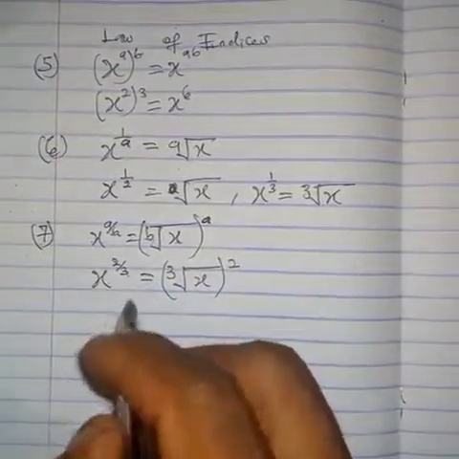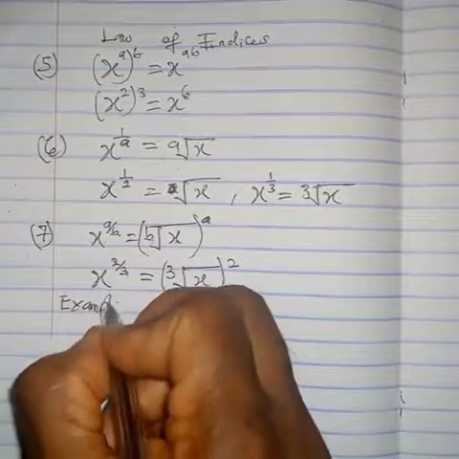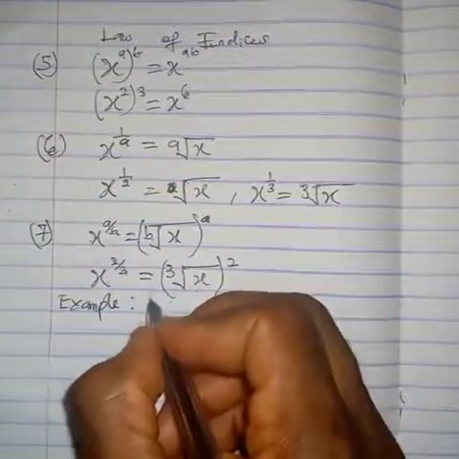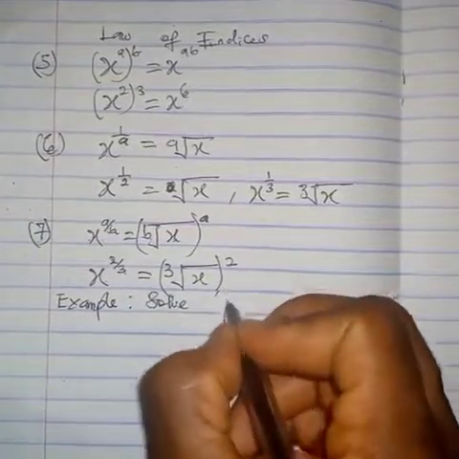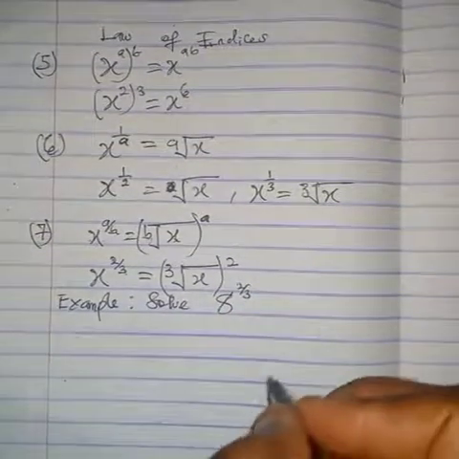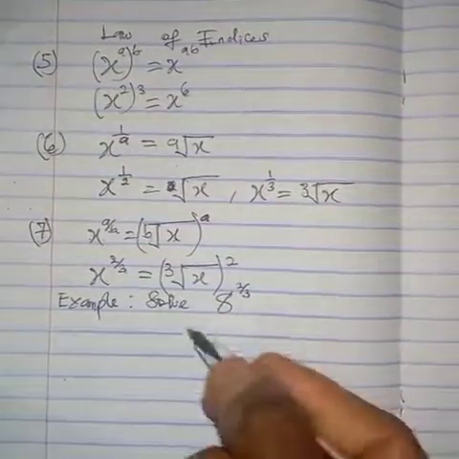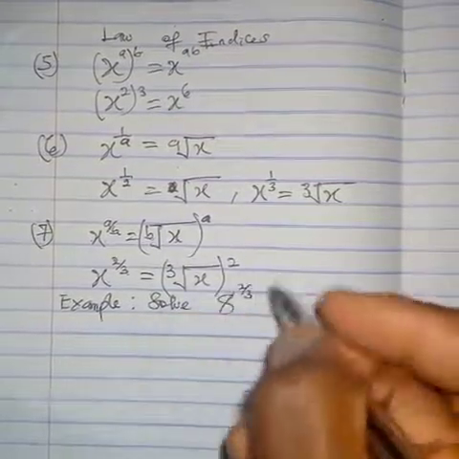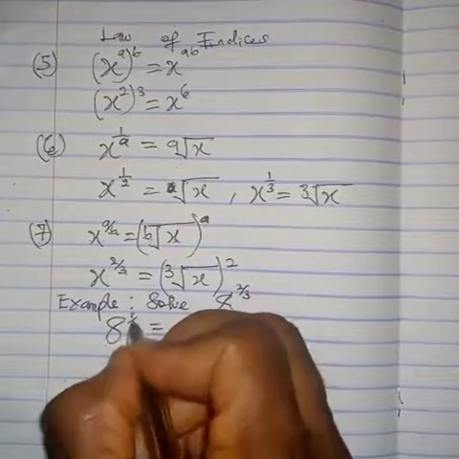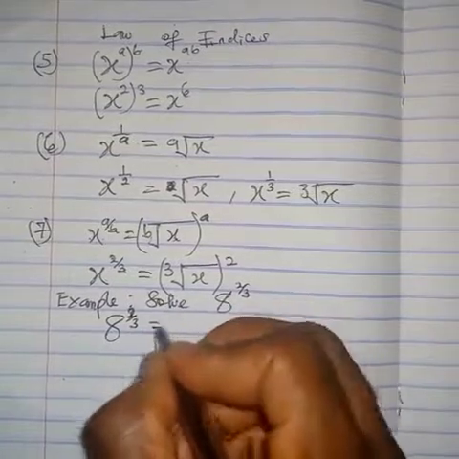Let's take an example of this. For example, let's just solve, let's say, 8 raised to the power of 2 all over 3. Or simplify, right? Just solve it. Then it becomes, if you want to solve x raised to the power of 2 over 3, you end up having cube root of 8,